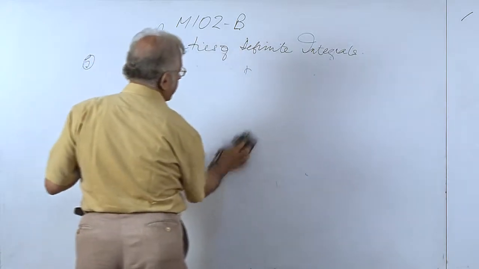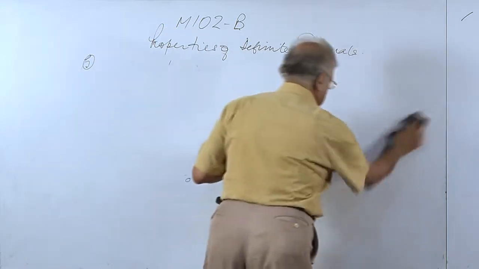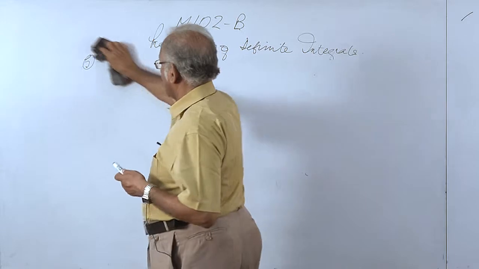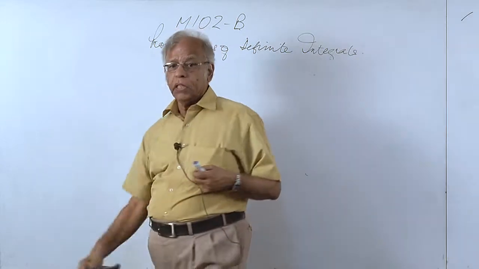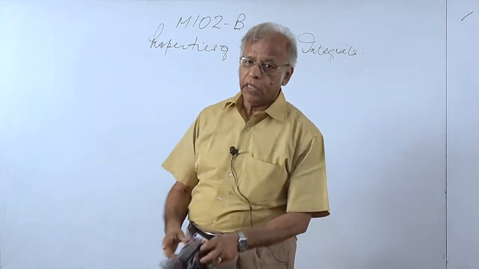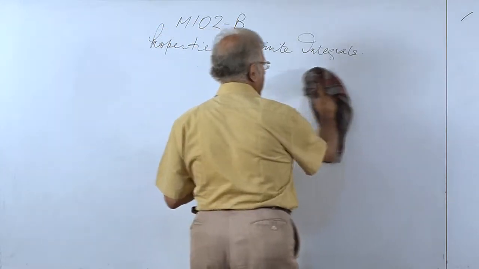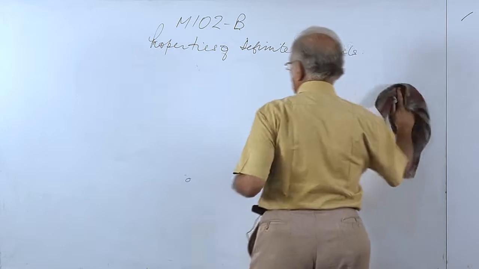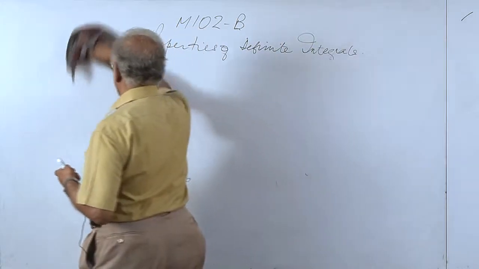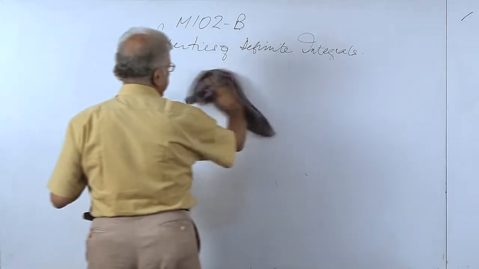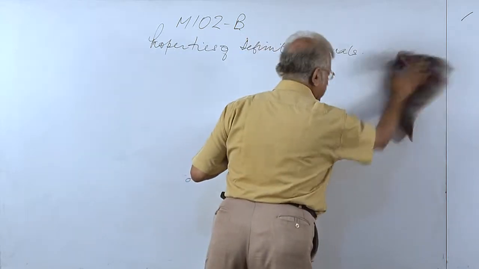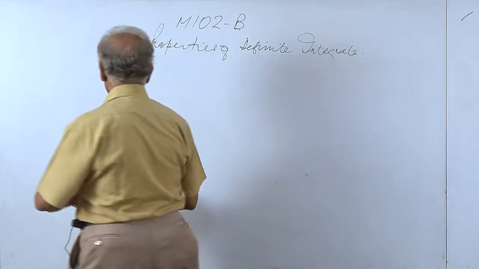The problem solving skills emerge when we are able to recognize which particular property to apply in a very particular case. That is where the crux of the whole problem lies: which property to apply and which property will make the evaluation convenient. The next one is,